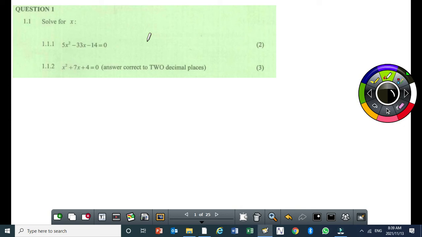The first two questions, you should expect something like this as well. The standard of the paper that you write is really like this. So first question, quadratic equation. Now, the first question on quadratic equations,